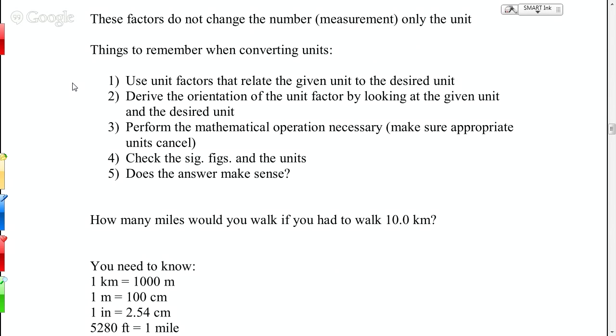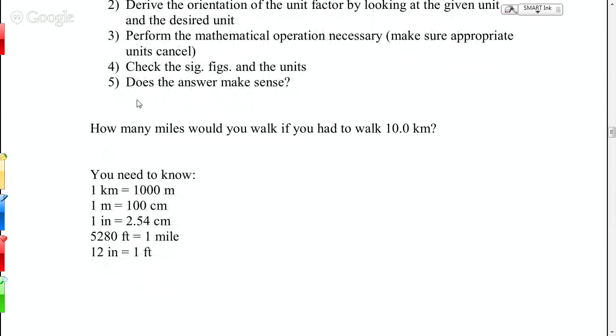All right, so let's do some examples. How many miles would you walk if you had to walk 10.0 kilometers? Now, you may know how many kilometers are in a mile, but let's pretend that we don't know that right now. And we just have these factors to help us out, because those are the only factors we can use. We can only take steps that we have in this particular list of factors. So that means we're going to go from kilometers to meters to centimeters to inches,